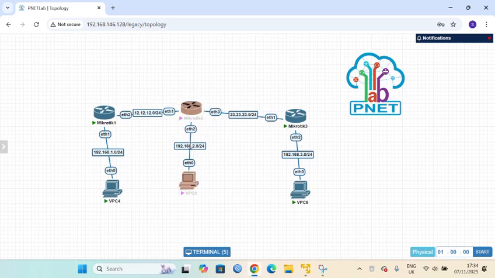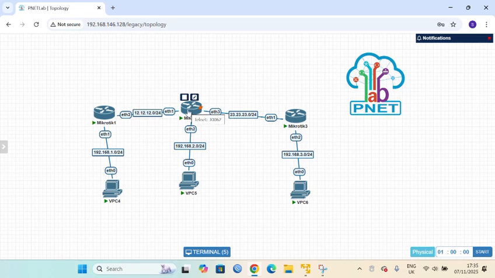The IP for router 2 is 192.168.2.1/24 on ether2.